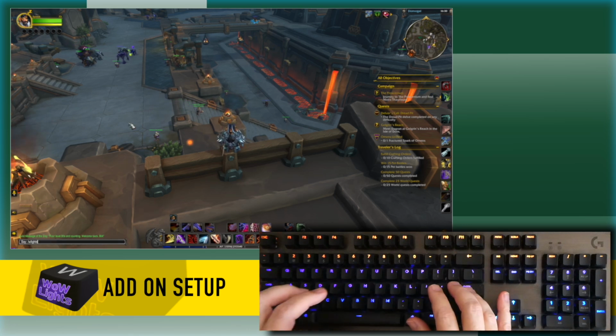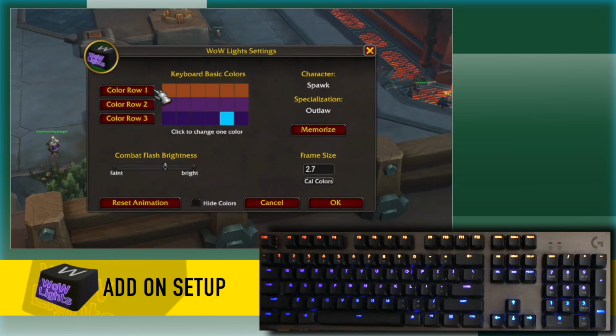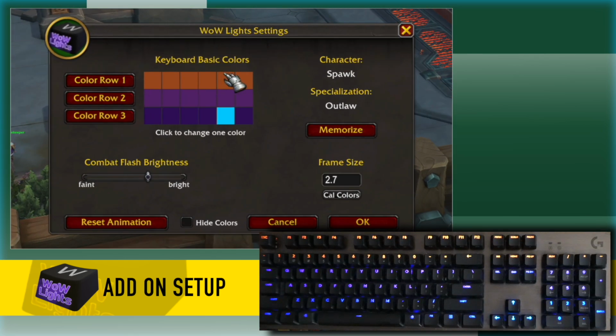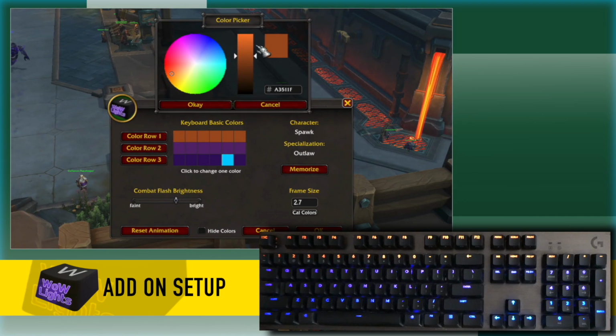So let's talk about changing those color schemes. If I go WoW Lights again, see my top row is orange. Let's say I wanted that to be red. I can change the whole row by clicking this button here. It'll open the WoW color picker, which I can adjust to another color and intensity that I want to use. You can see it's changing, not only on the color wheel, it's also changing on the keyboard live at the same time. So I can dial in this red to be exactly what I'd like it to be, and then click OK,